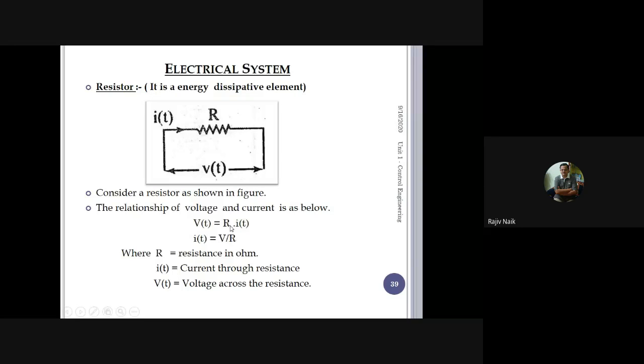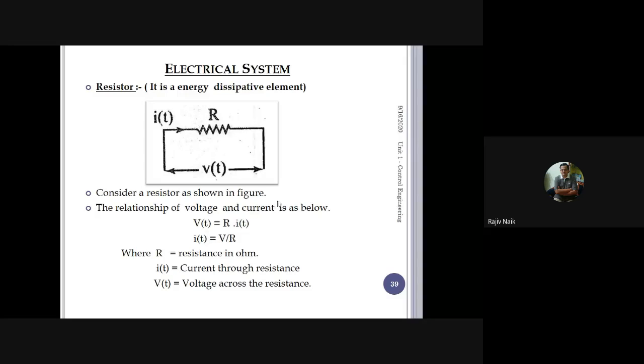That is, R is the resistance of the element multiplied by the current flowing through the element. So if you write the equation in terms of voltage, this is the first one, and if you write the equation in terms of current, that is the second equation. So V is R into I, which you are very familiar with from PUC days. R, resistance in ohms, multiplied by current in amperes, is equal to the voltage drop across the resistance in volts.